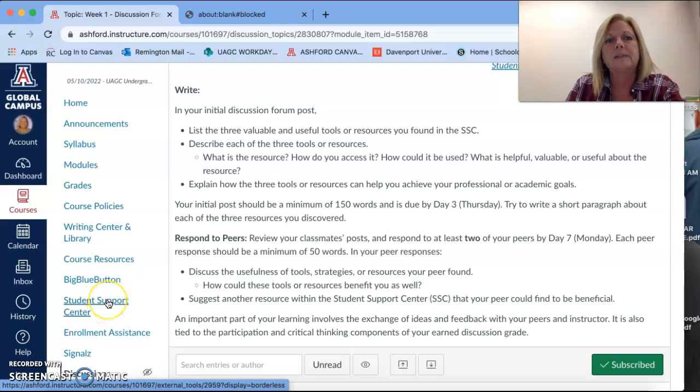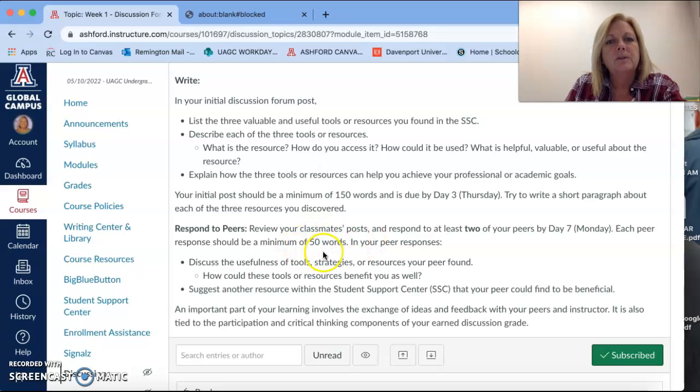So when you click on this, it's asking you, once you go through that Student Support Center, what 3 valuable and useful tools did you find? And then answer these questions that go along with it. Remember that you also need to reply to 2 of your peers, and that's due today, just in case you haven't done that yet. And then if we go back